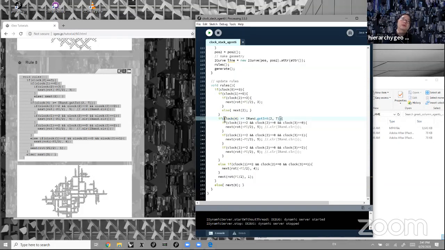So clock 4 is the timing when it branches into a different direction, and that is randomized. So first let me run this code. And actually I forgot to save the previous one. Anyway,